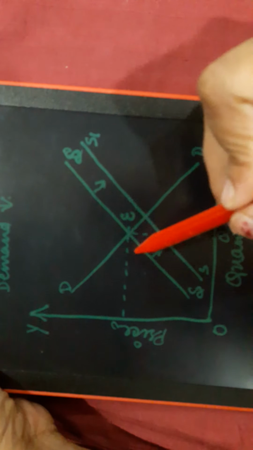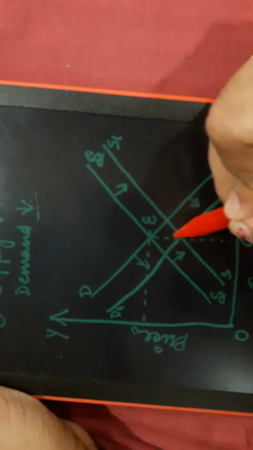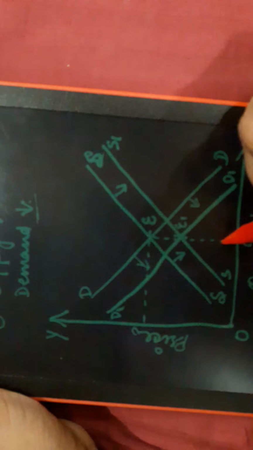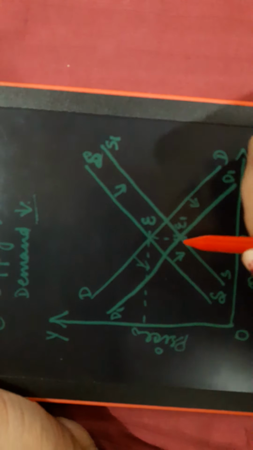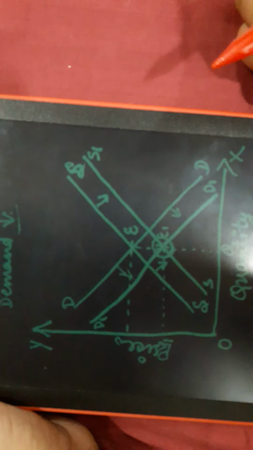Now we'll have to show the decrease in demand curve. So demand curve decreasing means a backward shift. So we'll have to draw another D. Now where would the equilibrium point be? This is the new demand, this is the new supply. So here would be the equilibrium point. Quantity is the same but price is shifted. So this would be the new equilibrium point.